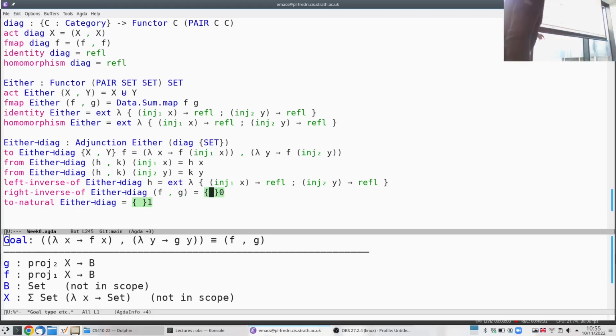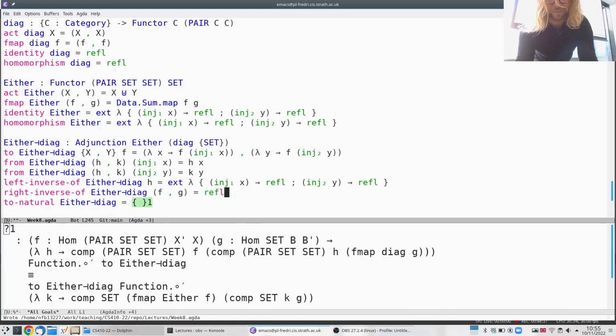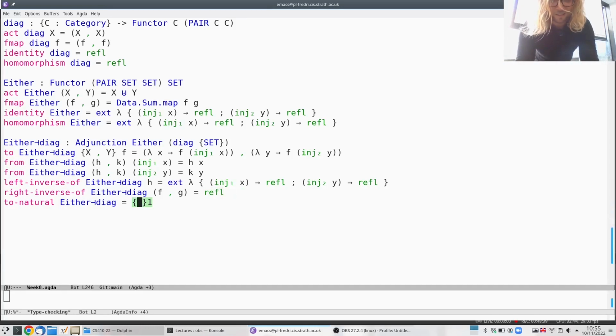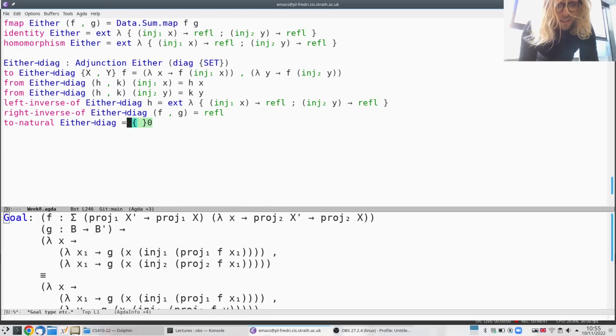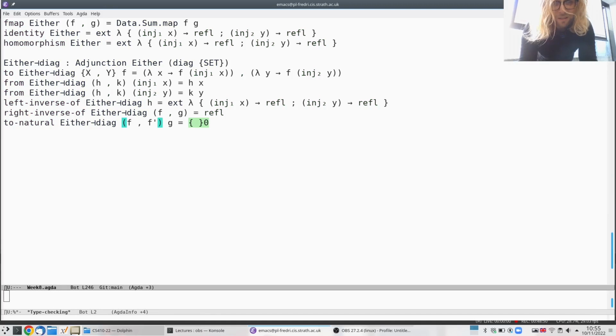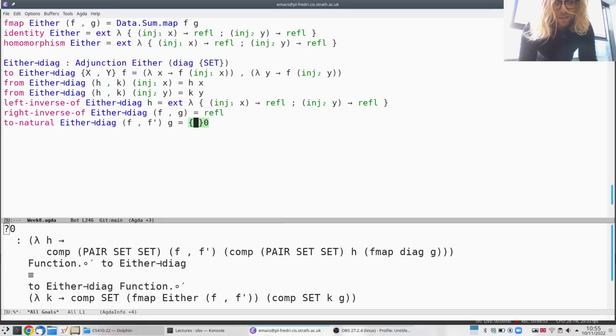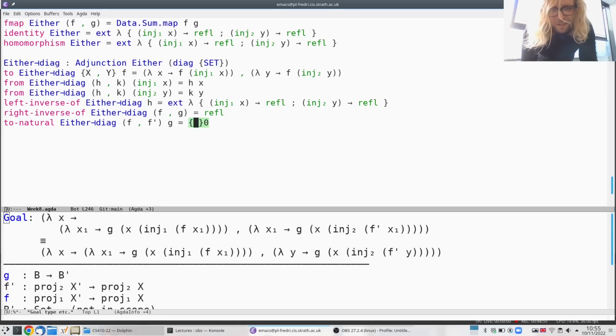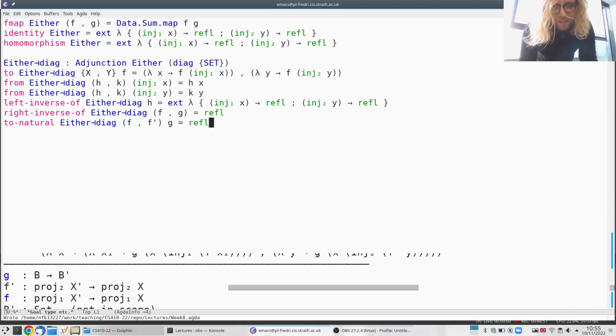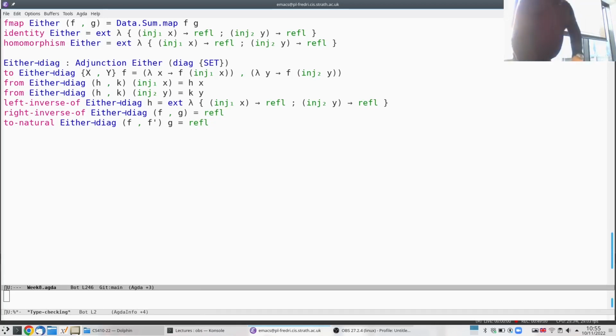Okay, so this time we were lucky. That's often the case, right? You're lucky in one way around, but not the other. And finally, for naturality, given an f and a g, the f itself is an f and an f prime. And that's looking pretty solid. Done. So again, naturality is not so hard, but okay, so we rushed that a little bit,